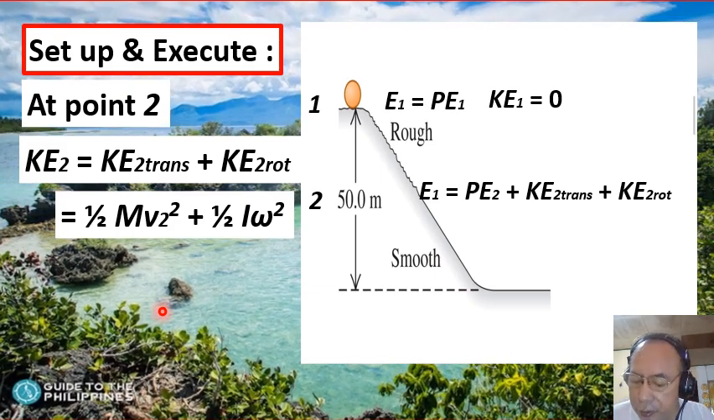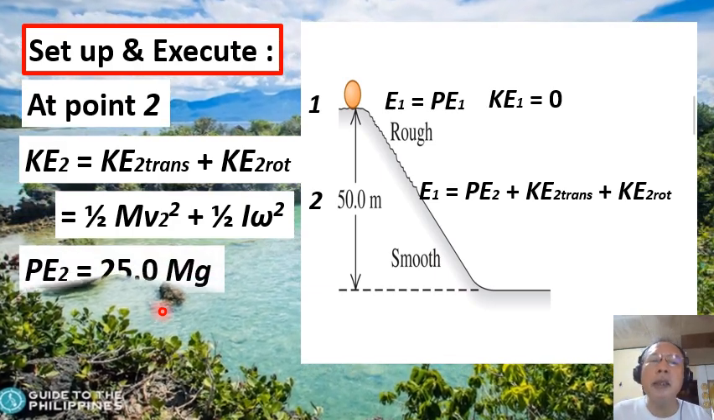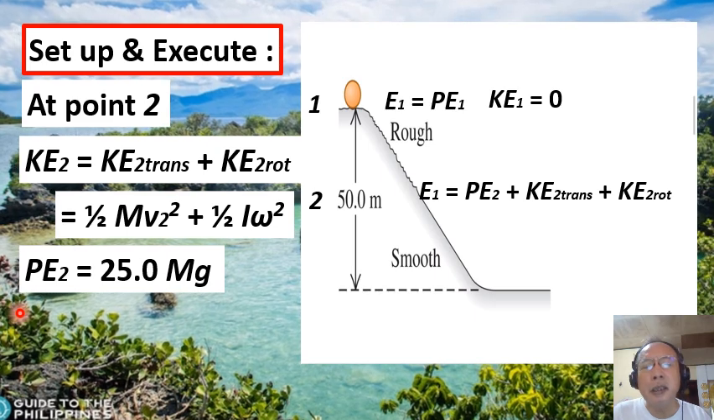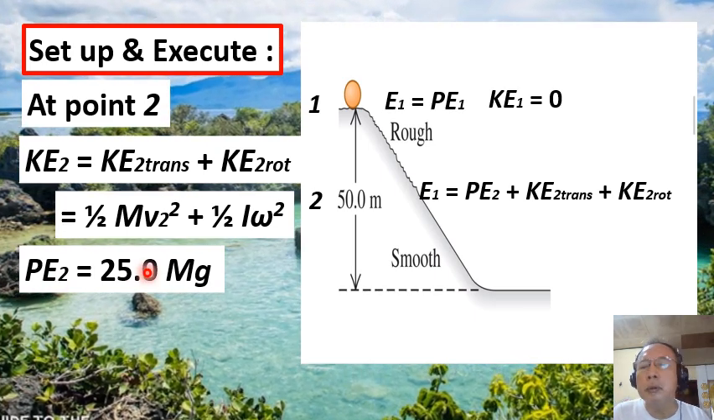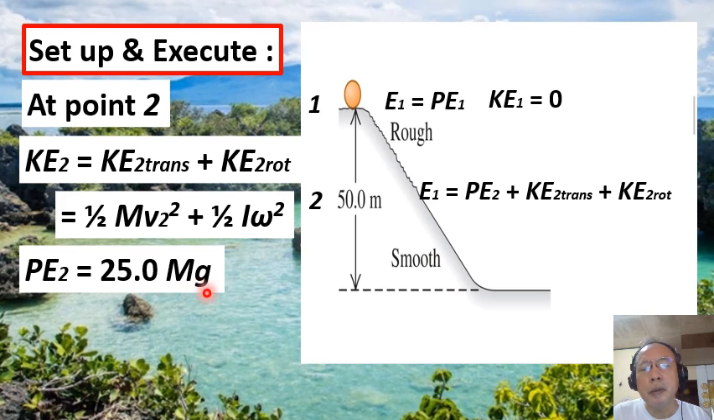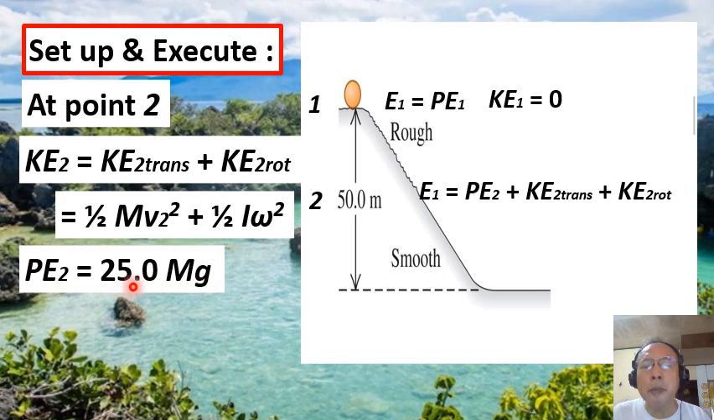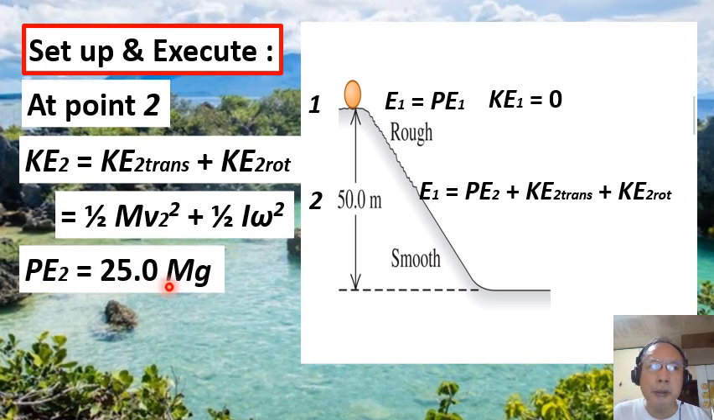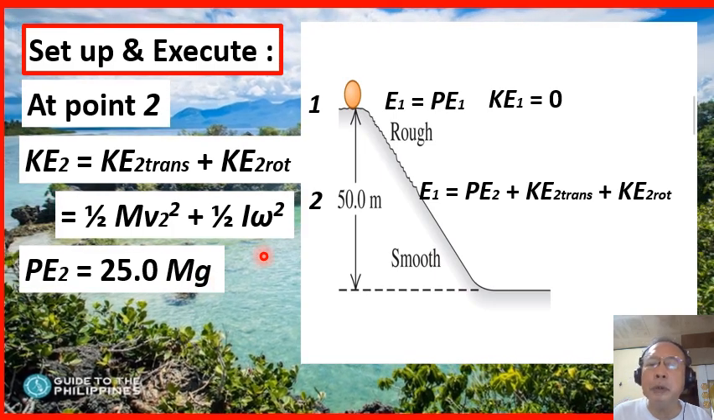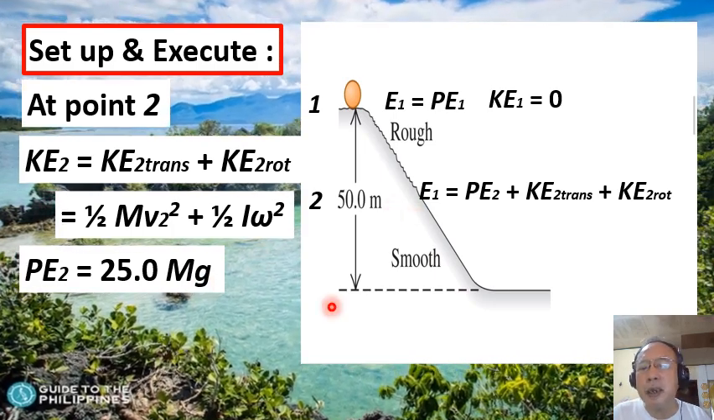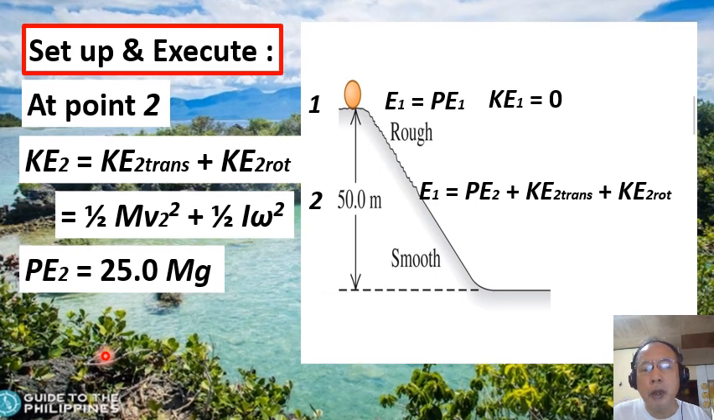Of course, the remaining potential energy, we call it PE sub 2, which now amounts only to 25.0 times capital Mg. This is the potential energy of the boulder when it reaches level 2. So,